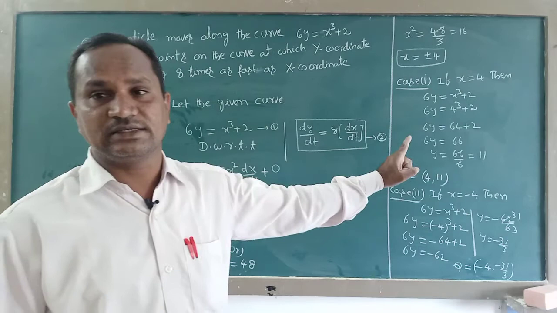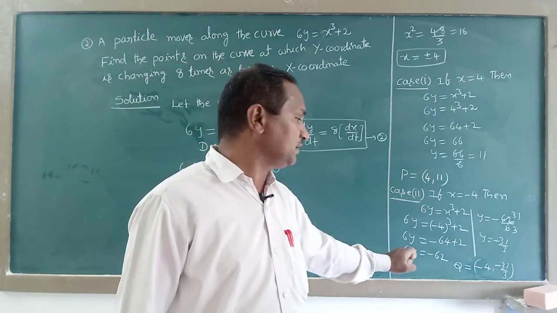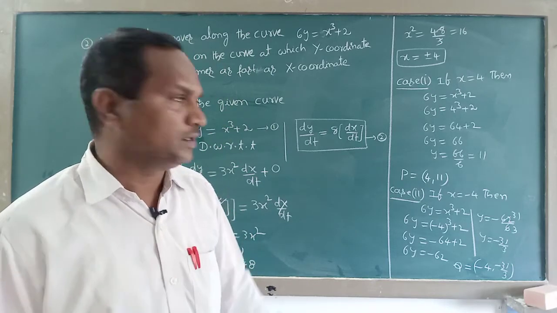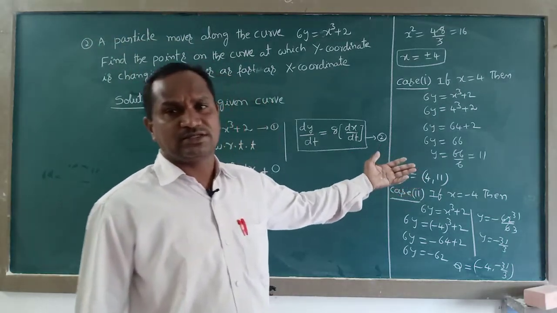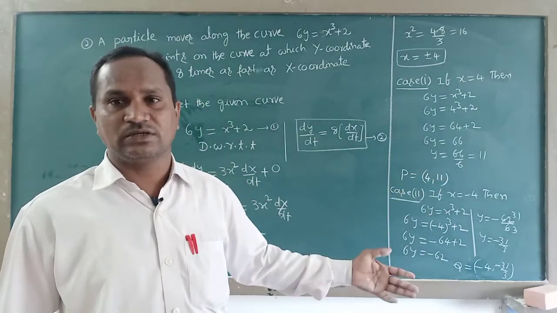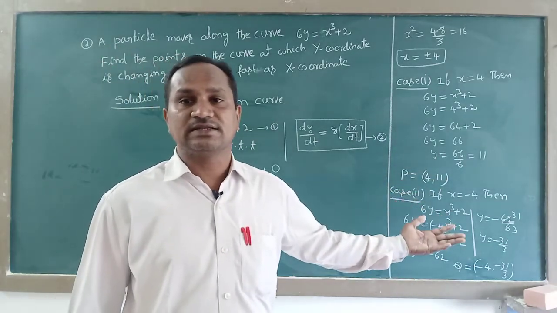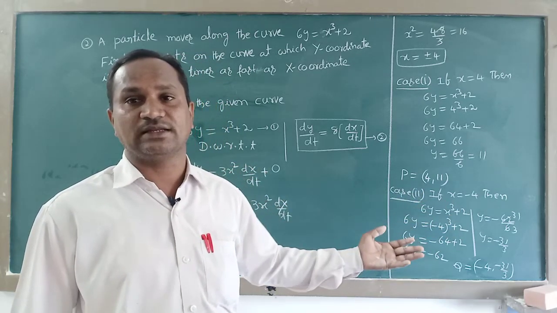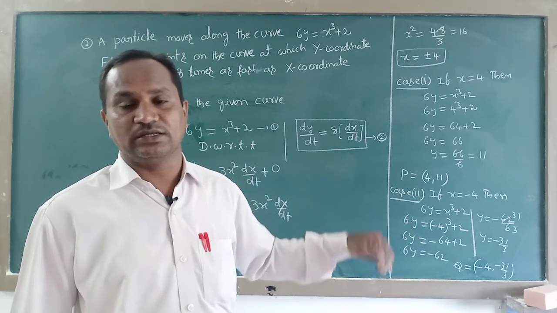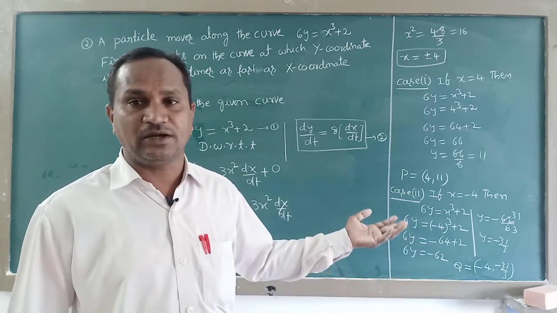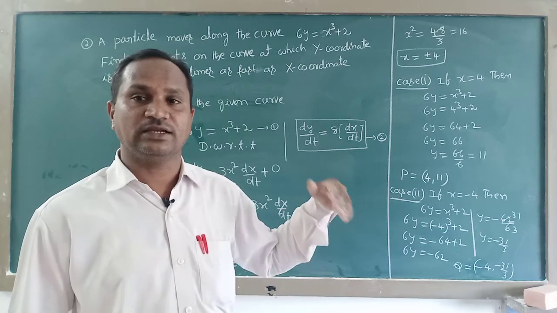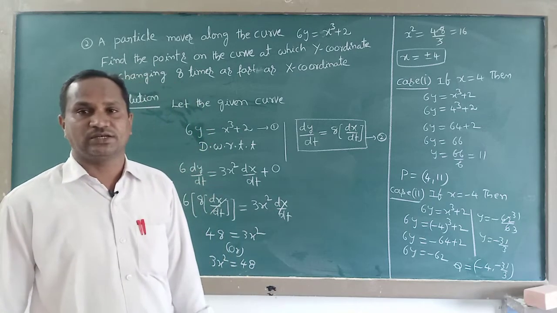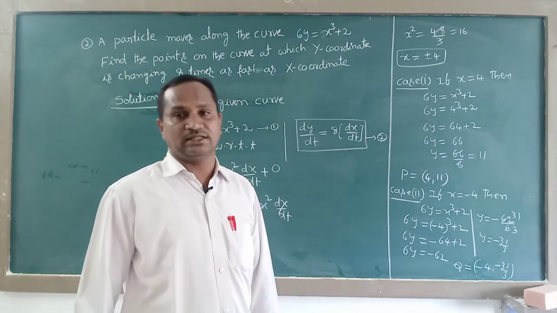That is the first point, say P is equal to 4 comma 11, and the second point Q is equal to minus 4 comma minus 31 by 3. Not only P and Q, you can consider or assume A and B also. It's my wish, I just considered 2 letters for the given 2 points, the first point is P and the second point is Q. But you can consider capital letters A, B or C, D. Like that you can consider any letters. Like that we are giving the solution for this question. Let us now solve another question.